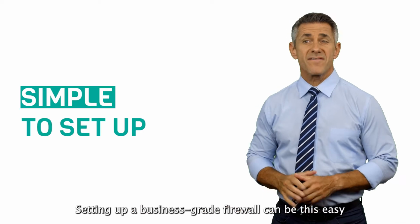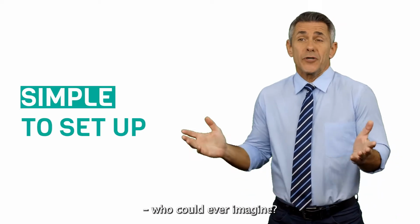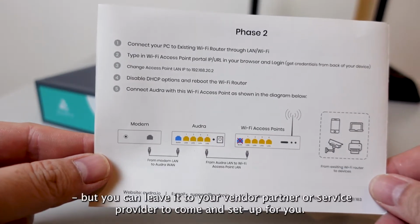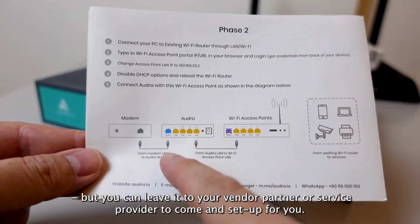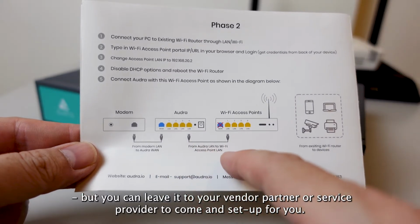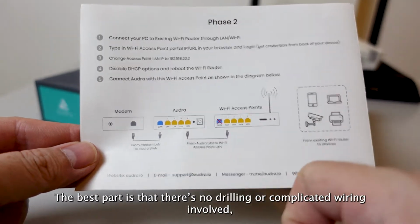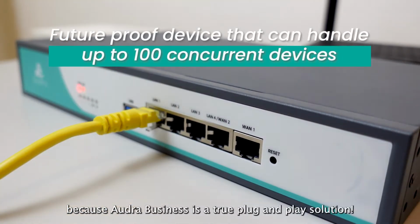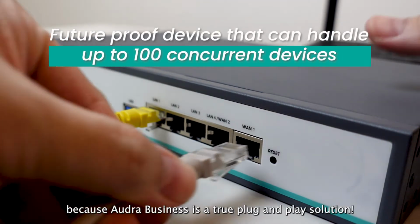Setting up a business-grade firewall can be this easy. Who could ever imagine? I followed the simple setup guide myself, but you can leave it to your vendor partner or service provider to come and set it up for you. The best part is that there is no drilling or complicated wiring involved, because Audra Business is a true plug-and-play